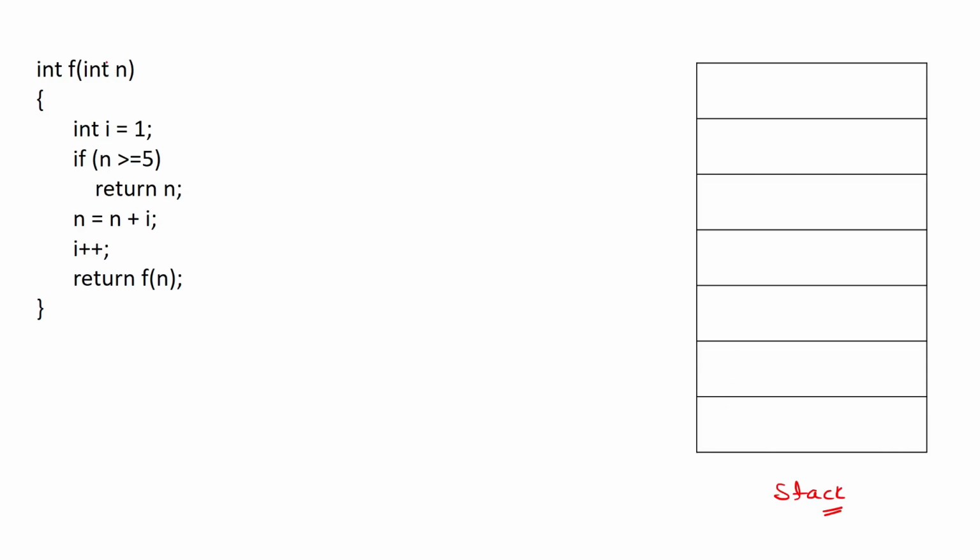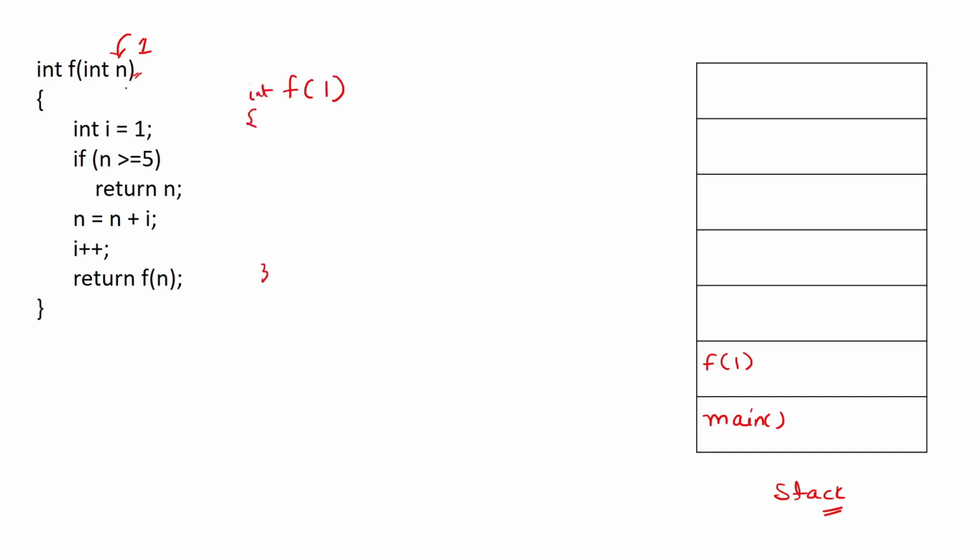And we also know that when the recursive calls are made, then copies of the actual code are made with different parameters or different arguments. So let's see. This n will be given 1, because this function is originally called with the argument 1. So for the first time, f of 1 is called. Let's say from the main we are calling f of 1, right? So from here you can write f of 1.